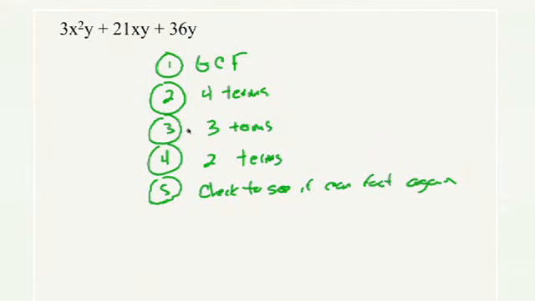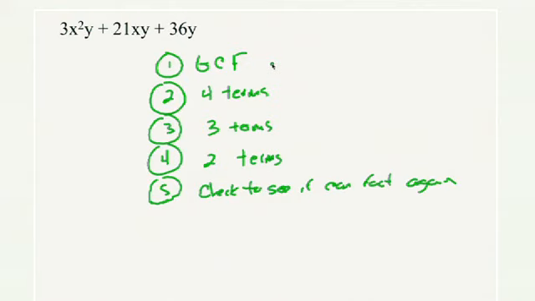Absolutely. The first step is always to find, if there is one, a greatest common factor and take it out. So if you do see a common term that is in all the parts of the problem, you want to factor that out first. Right. Anytime you do that, it'll make the problem easier. So you always want to check for that first. Whatever is left over will be much simpler than the original problem.